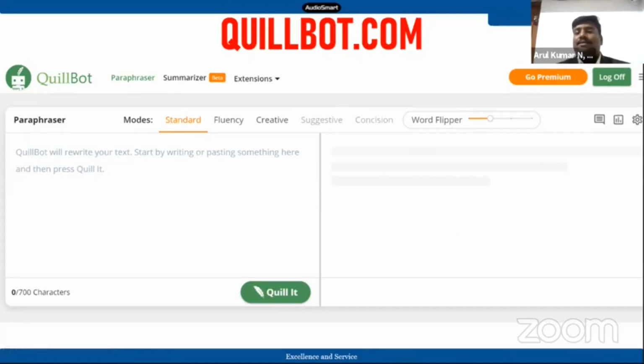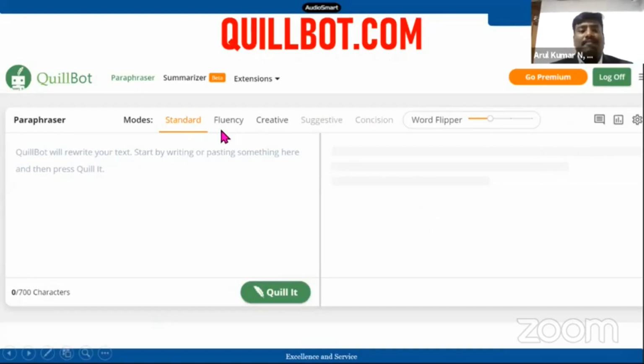Here you can use more than 30 keywords. I think it is good for you, where you need not go for the premium mode. If you're going to write an article or a research paper, you can visit Quillbot.com. You can write your own English on the left side. The moment you press Paraphrase, it will give you nice English on the right side.